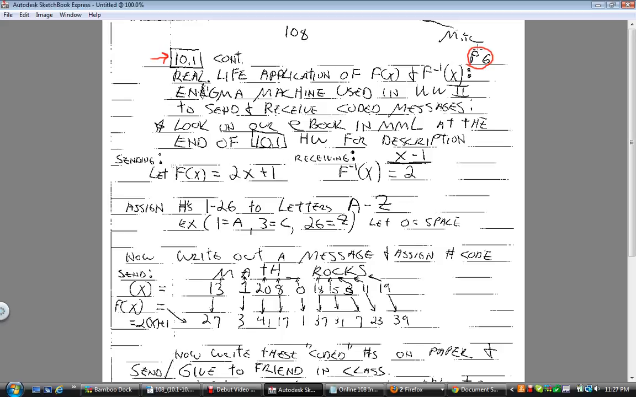And so if you have your textbooks, if you go to the exercise homework problems at the end of section 10.1, you will see a little machine there called an Enigma machine that was used in World War II, and I'd like to talk about that with you for a couple minutes. So what happened was the Germans invented this machine, and they took the concept of one-to-one functions and inverse functions,